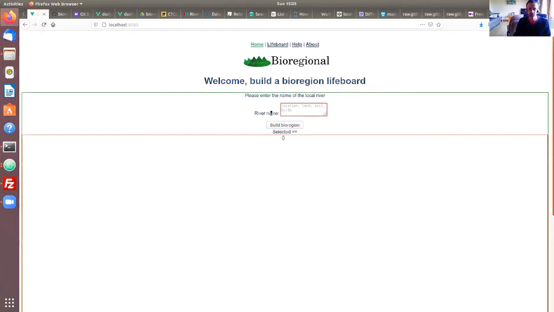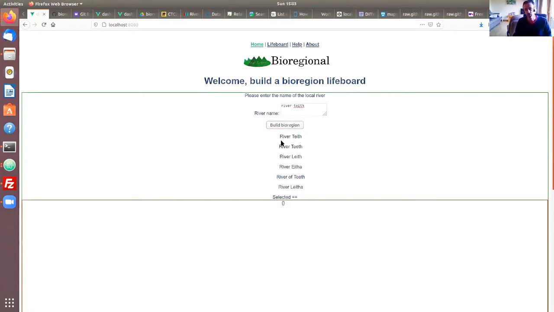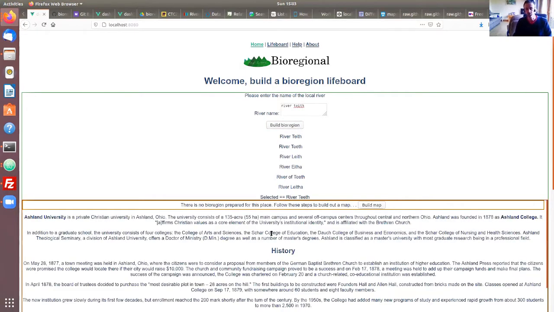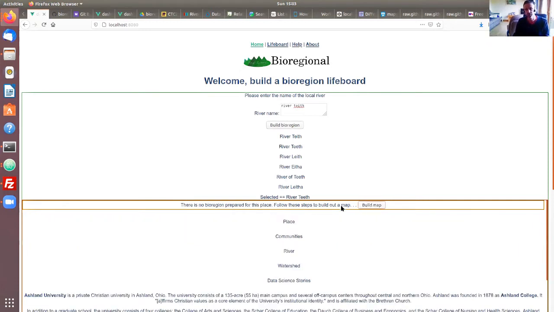So the idea is you come to this interface and you type in the river Teith, which Ash was working on, and you click build a bioregion. It's querying Wikipedia, and as you can see, this gives me an option, and I'm going to click on the wrong button here. So in the orange, it says there's no bioregion prepared for this place, build one. So you click on it, and eventually you'd have these 4 sections, and then we could build up the story from there. But if we click on the river Teith,